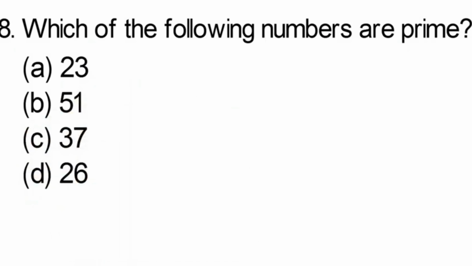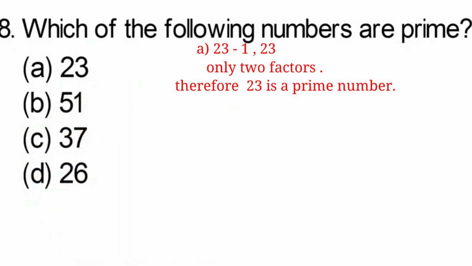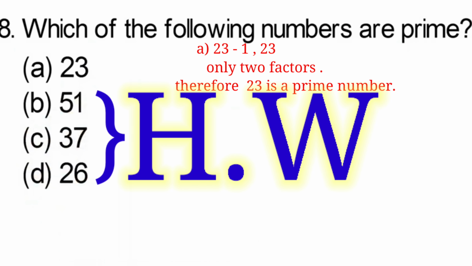Suppose A part I'm going to take 23. See 23, how many factors can we make for 23? 1, yes, and 23 only. So only 2 factors are made for 23. So this is a prime number. Like this only, students, you will do the rest of the parts also. If it is a prime number, then you also have to mention 2 factors of it. If it is not, then yes, we have done in exercise 3.1 how to take out the factors of a given number. So accordingly you have to find them also. And at the last you just write down this number is a prime number, or this number is not a prime number.